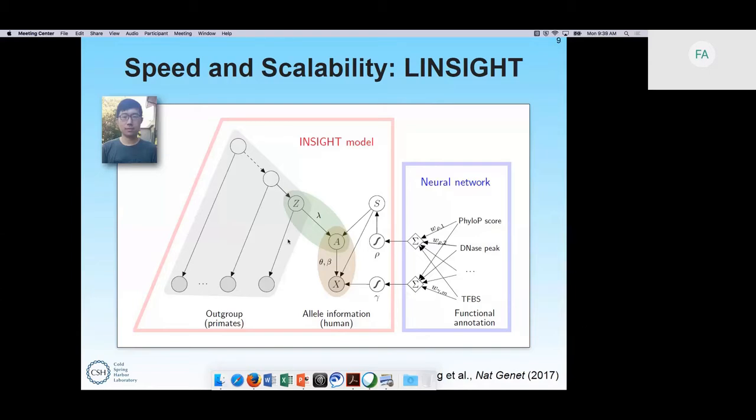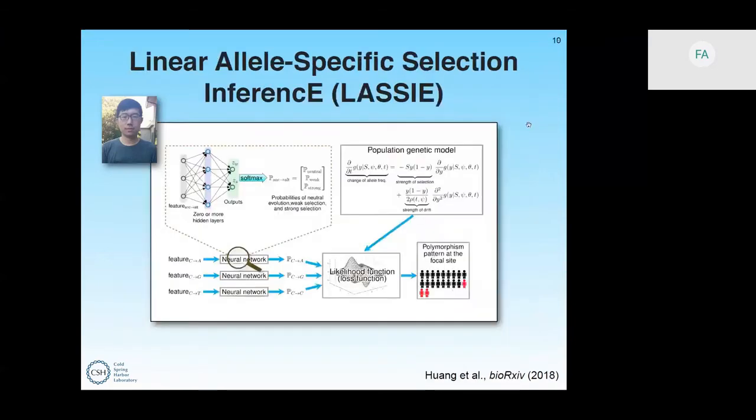And we've also used it for prediction of active regulatory elements from data sets not used as features. And we find that it has good predictive power to identify regulatory elements, microRNAs, and other types of interesting functional elements across the genome. The second method that I want to mention very briefly